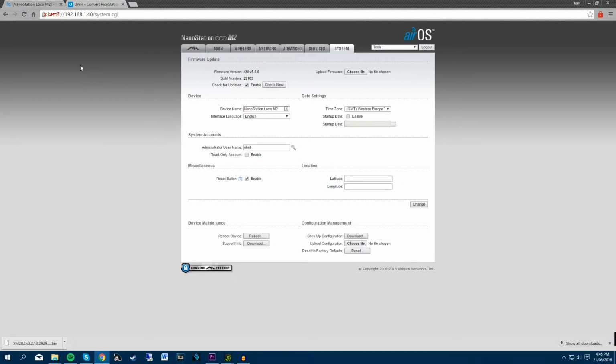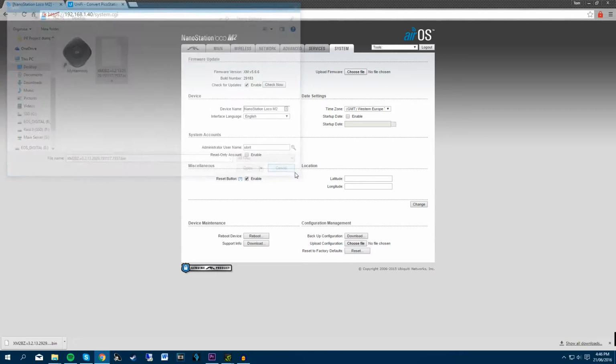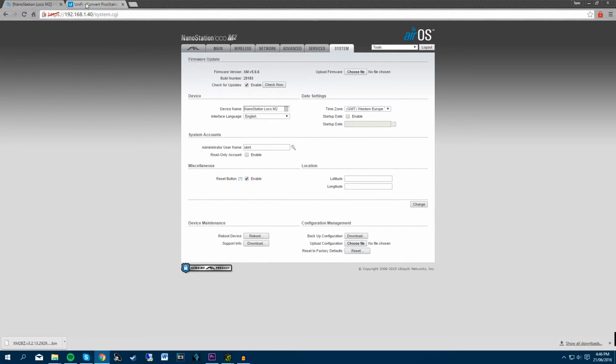Then you'll want to move over to the NanoStation. Well, actually the Picostation. I'm just using a NanoStation for this example, as I already have my Picostation set up with the Unifi binary, but it's pretty much the same thing. So you want to log into your Picostation, go to the System tab, click on Upload Firmware, then you'll want to choose the file. I'm not going to do it because it'll brick the NanoStation, but on the Picostation it shouldn't. So select the Unifi binary you just downloaded, upload it, it will reboot,